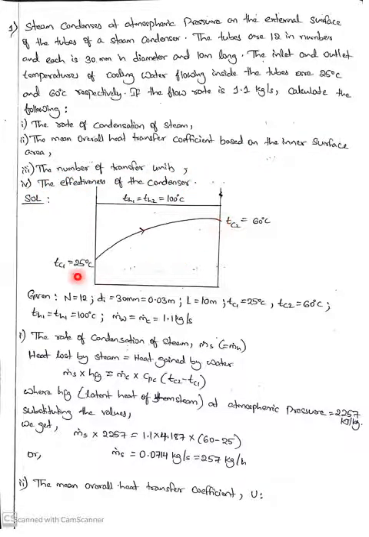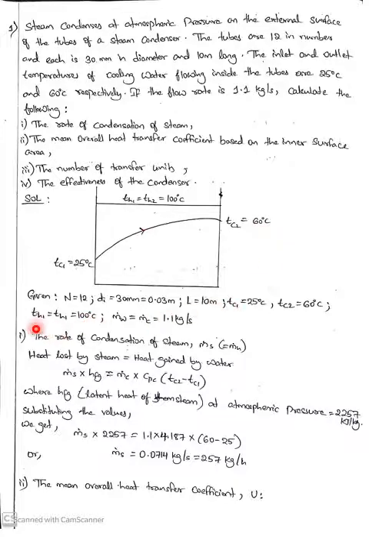So let's see. Here the steam is the hot fluid, which is at 100 degrees Celsius. This is not mentioned in the question, but usually if he has given steam as a fluid, that is the hot fluid, we have to assume it as 100 degrees Celsius, because the steam is being passed through the pipe, which will be at a constant temperature of 100 degrees Celsius. Now what is he asking? The rate of condensation of steam. He has given the temperature rise, that is, the cold fluid temperature increases from 25 degrees to 60 degrees Celsius.